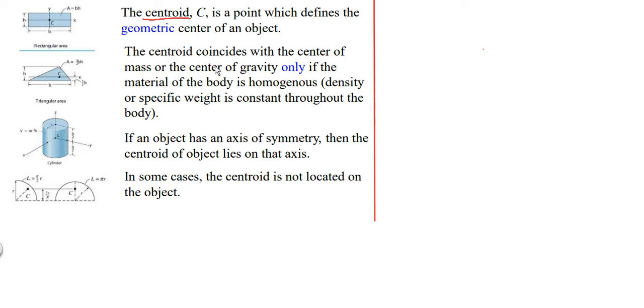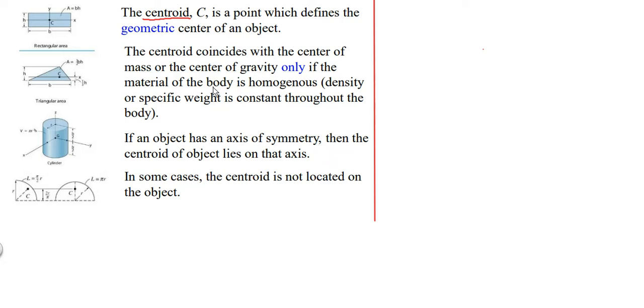Now I've hunted around for notes on centroids, but the vast majority just explains how to calculate the position. So I'm going to give you a brief note, a little bit here, a little bit there. I'll explain some things, and in the next lesson we'll go on talking about how to calculate the centroidal position